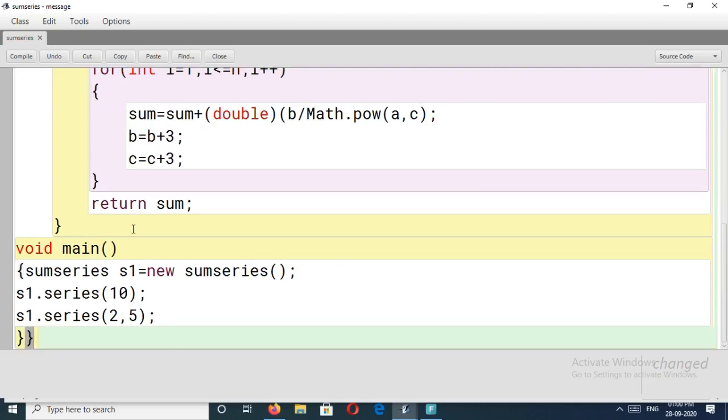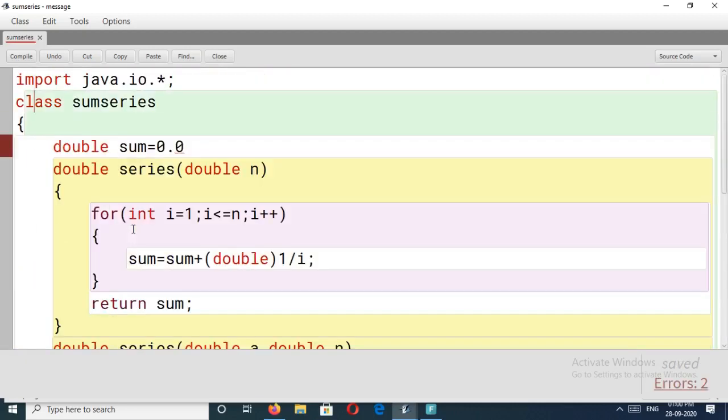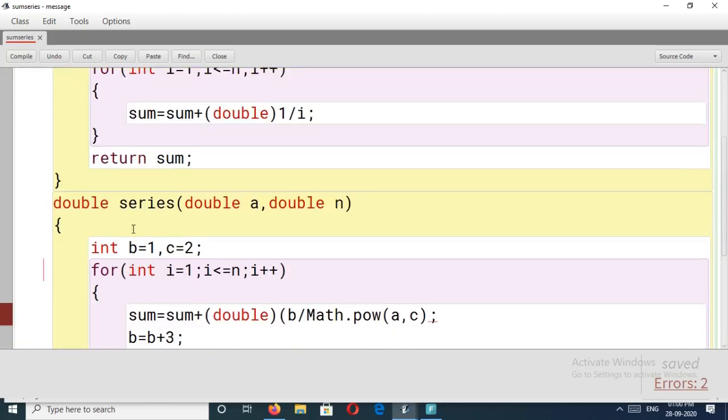Understood all of you? This is the way you can create a function overloading problem easily. It's very simple. First you have to write the prototype, then write the program to evaluate the sum of the given series. After that you have to give the return statement, then write the next function, then initialize the numerator and denominator, then write the for loop, then write the equation of the sum series.